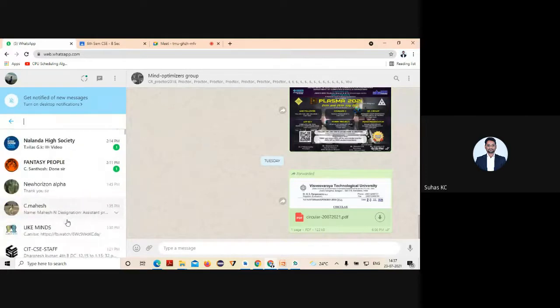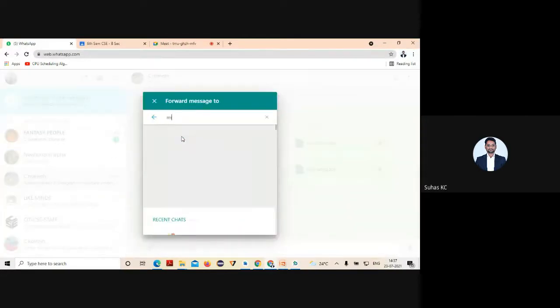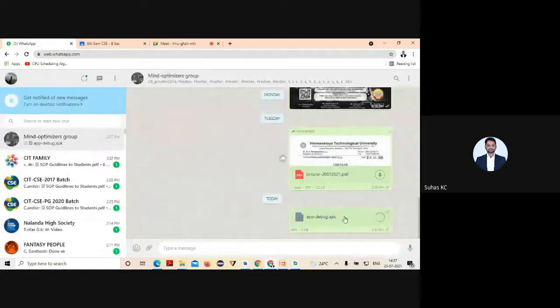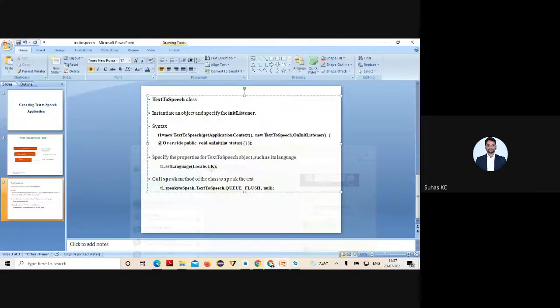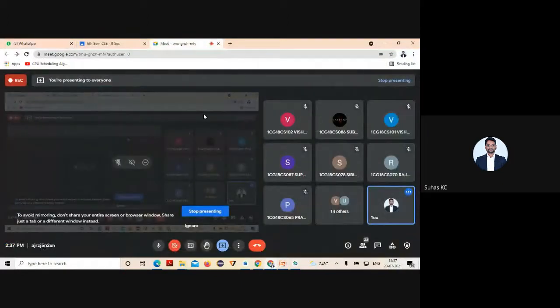So I've shared the APK file here. I'll just forward that. Just click on this. Somebody try this. Anybody will try this, guys? Just open the link I sent. Anybody doing that? Who is going to open that APK file? Just respond, somebody.